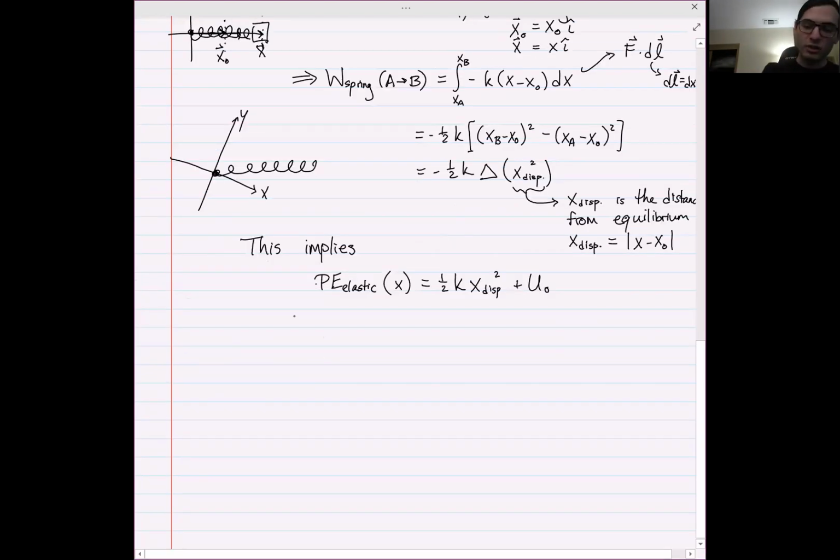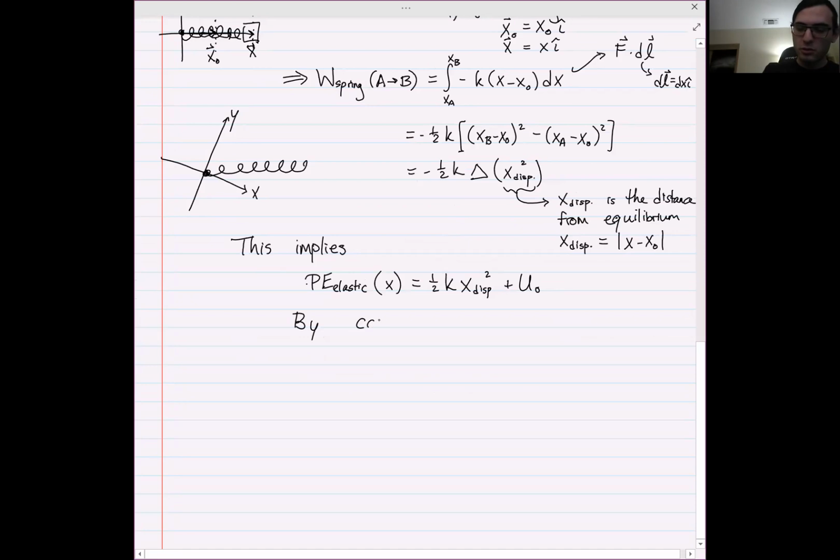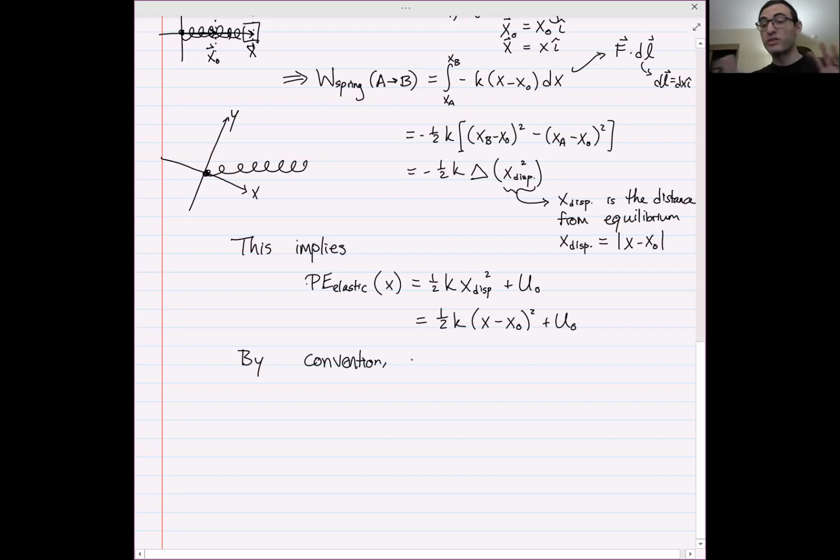So by convention, let me actually expand this. This is 1/2 k, and now we can just write x minus x naught squared plus U naught here. So by convention, and this is just a choice, it's not a choice you have to make, but it's the choice that most physicists make, we often set